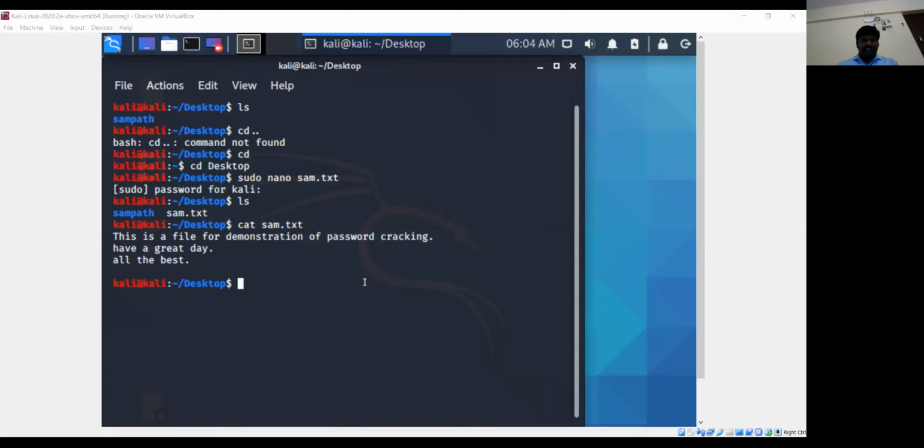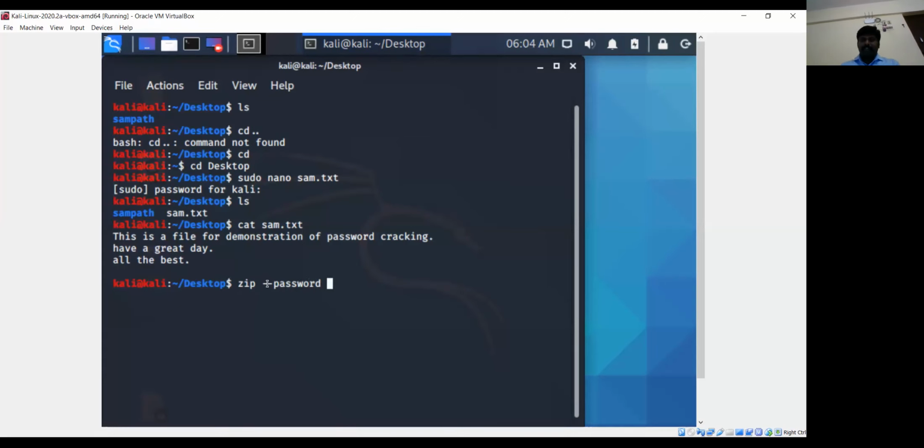Okay, what next is that we are going to secure the file by applying a password, and then we are going to convert it to a zip, right? For that, I'm going to use a command. This text file has to be converted to a zip file. This is the command. Zip is the file format I want to convert into, and minus password is the password option.